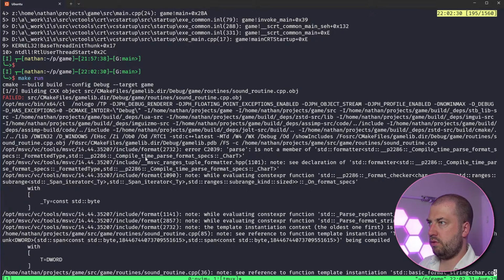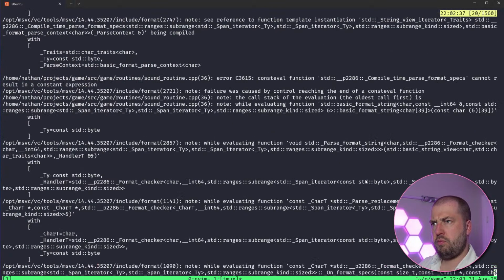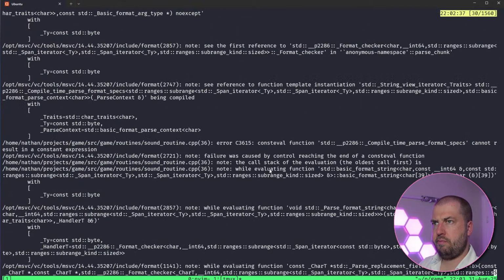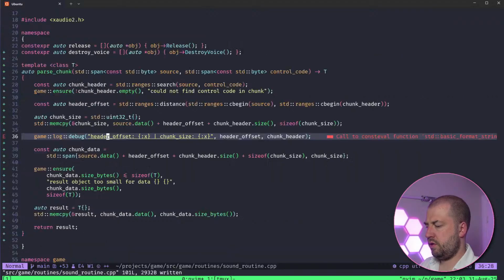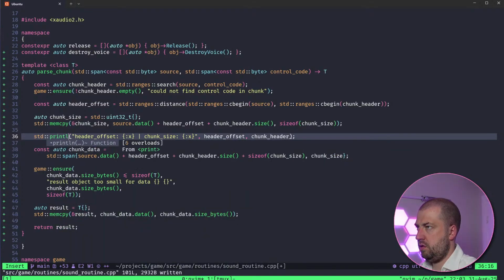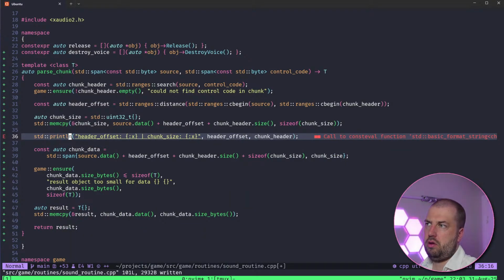For which type? I'm trying to figure out which one it doesn't like.